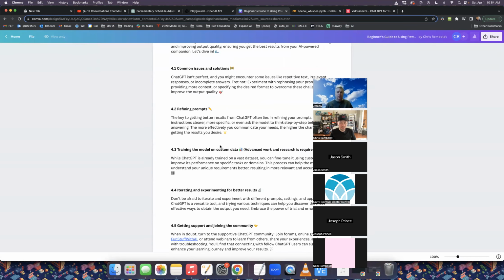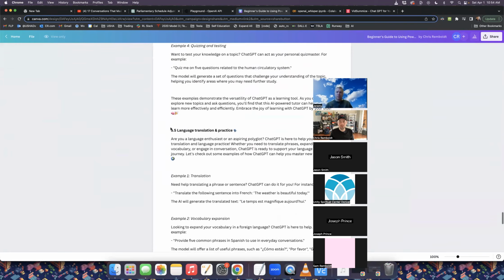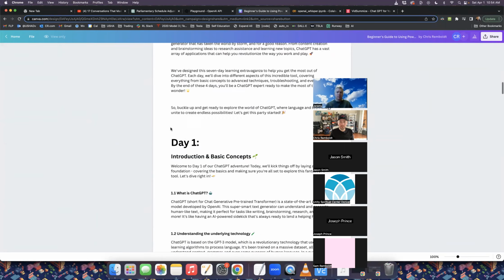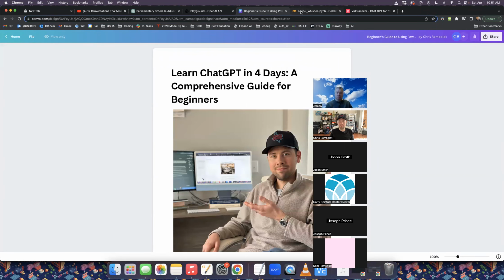I told it to generate this in a simple and understandable lexicon. I wanted to respect the user's intelligence and also not use unnecessarily big words, so that you could send this to your mom and she could learn ChatGPT, even if she mostly just knows how to use a browser. But $1.60 for something that would have taken me 3 or 4 hours.